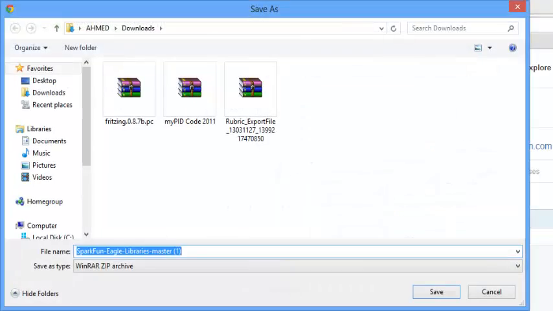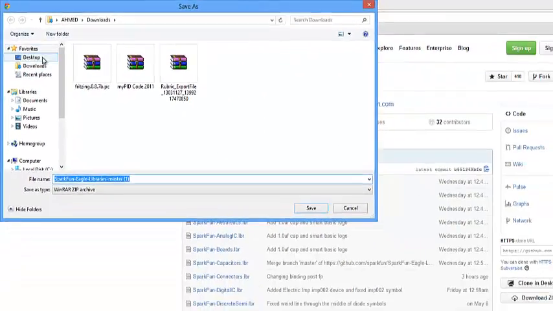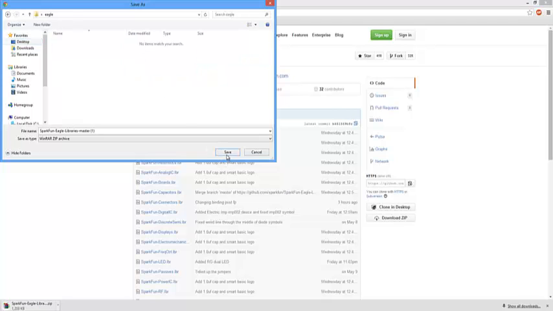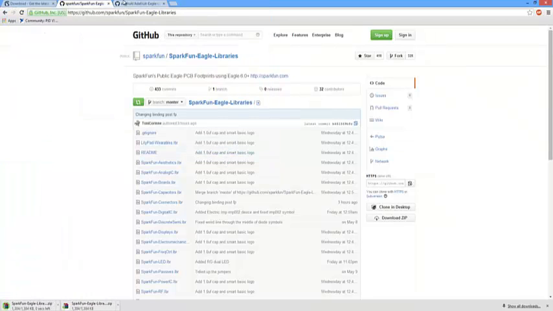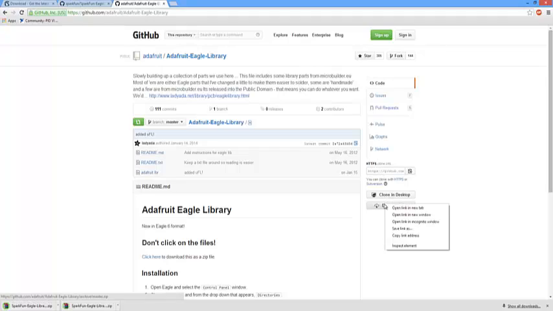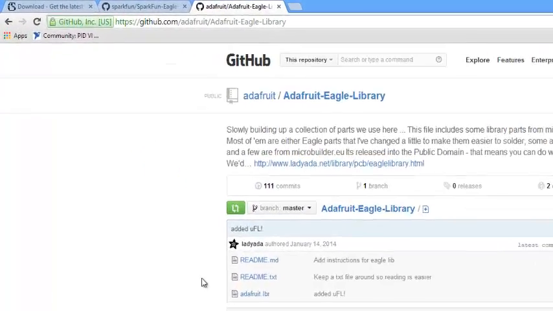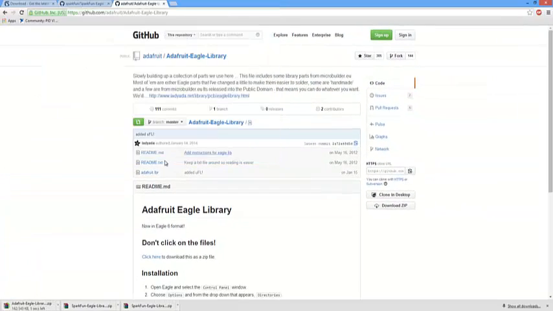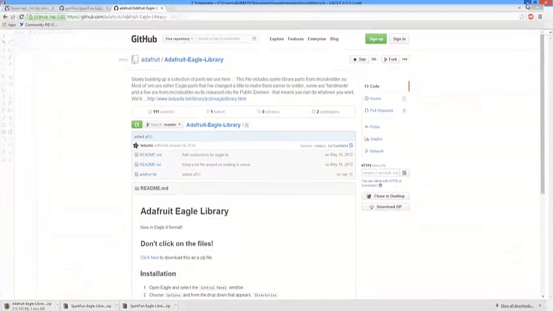I prefer to save it in a directory, it's much easier. So desktop, Eagle, save it. Same thing goes for Adafruit. Save link as, and save. Once he's finished saving,